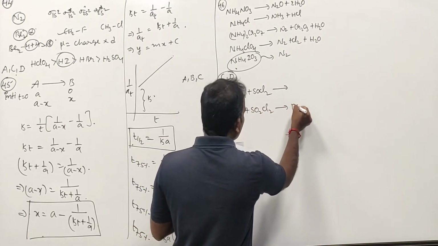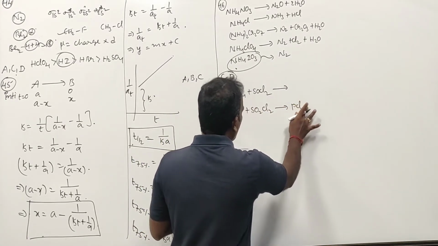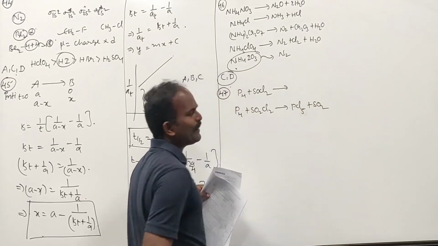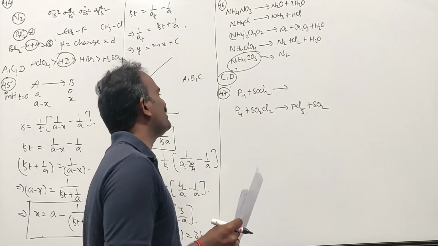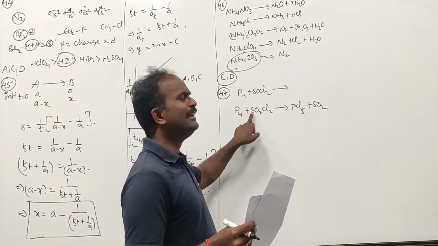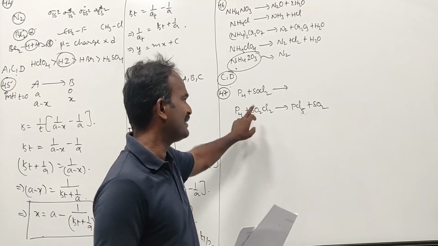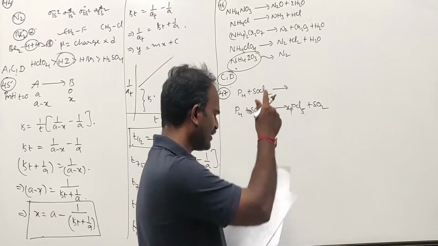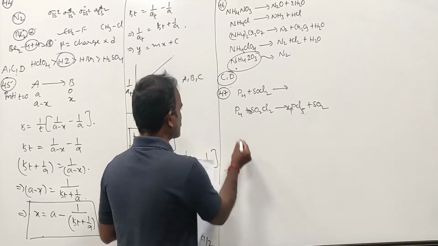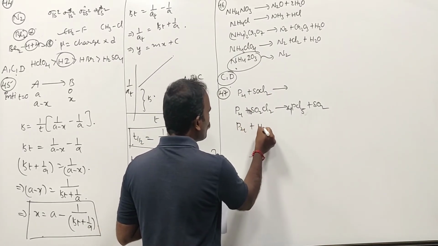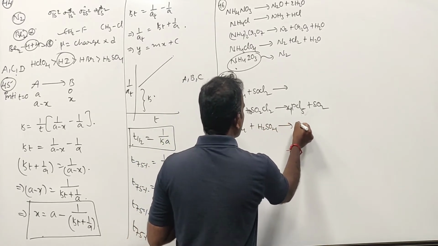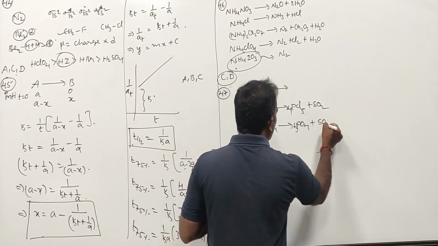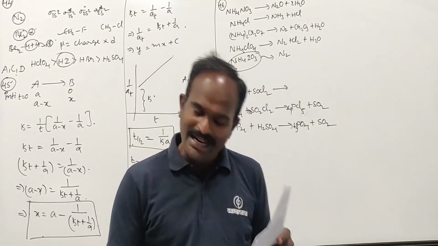Here what does it give? First it gives PCl3 and further upon heating it gives PCl5 plus SO2. In the previous paper, in FST 6, we have seen that for 1 mole of this one we need 10 moles. You remember? Yes. So over here, if you take 1 mole of P4, it is going to be 10 moles, and it gives sulfur dioxide gas. Next, P4 plus concentrated H2SO4 gives rise to, what does it form here? H3PO4, right? H3PO4 can be formed along with the liberation of sulfur dioxide gas.